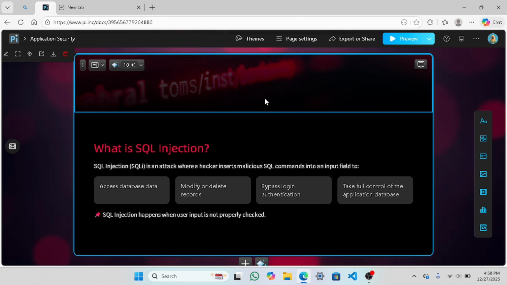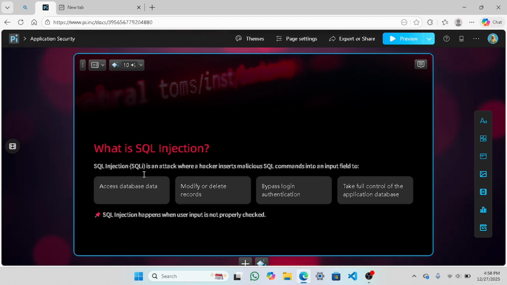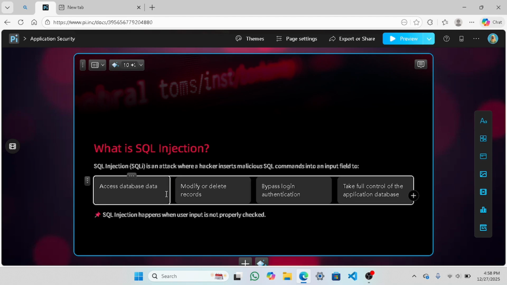For what purpose? To access database data, modify or delete records, bypass login authentication, and take full control of the application database. That is what is written here. SQL injection is an attack where an attacker inserts malicious commands into an input field to access the database, modify data, and bypass login